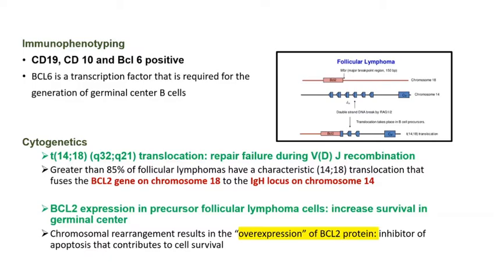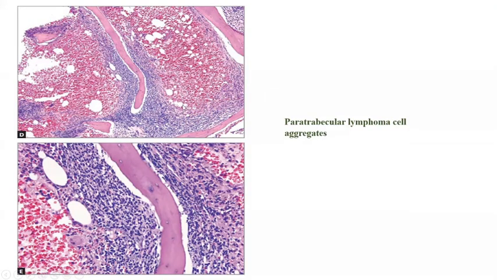So you see, this is a bony trabeculae, because most follicular lymphomas involve bone marrow at presentation. You can see these are the blue cells, which are the lymphoid cells, and they are typically present in the paratrabecular location. This is very diagnostic of follicular lymphoma infiltrating the bone marrow. This is the trabeculae, and these are the lymphoma cells present along the paratrabeculae. Okay, so you should remember, the type of infiltration is paratrabecular in a case of follicular lymphoma.